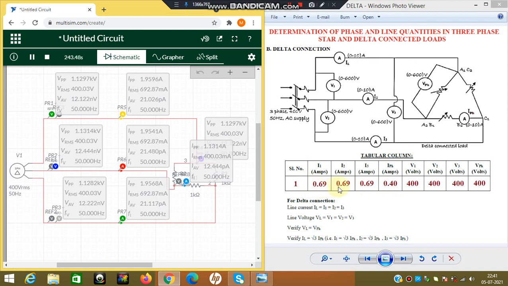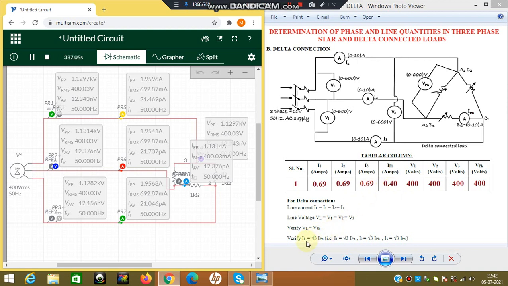So if I take I1, I2, I3 as line current IL, V1, V2, V3 as line voltage VL, then in the delta connection we can see that line voltages are equal to phase voltages. Therefore VL is equal to VPH, whereas the line current IL is equal to root 3 times IPH. So if you multiply root 3 into 0.4, you will get 0.692.